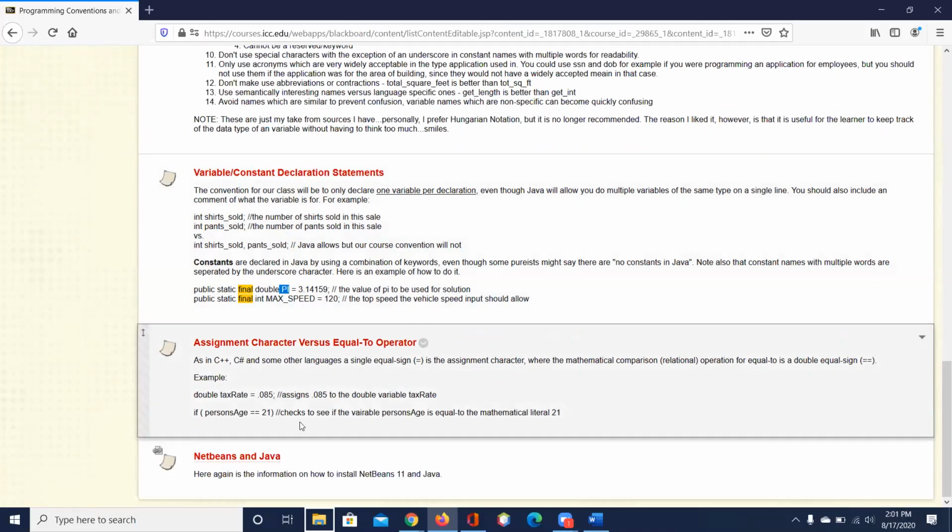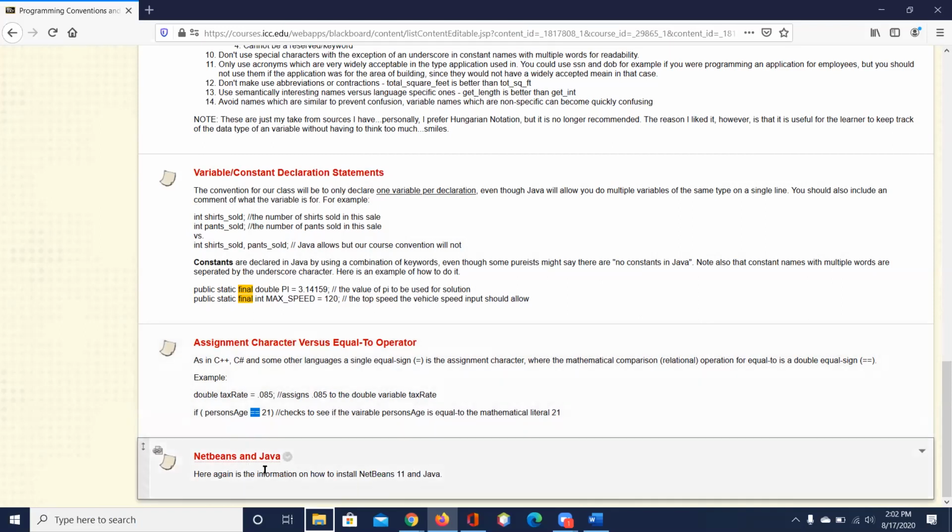The assignment character, just so you know, and you'll make this mistake all the time, is not an equal sign. That means assign this value here to this variable over here. In other words, it's not a Boolean operation. This one is. So to get an equal sign in Java and in C, C++, any of those products, Python, it's two equal signs side by side that means equal to, okay?